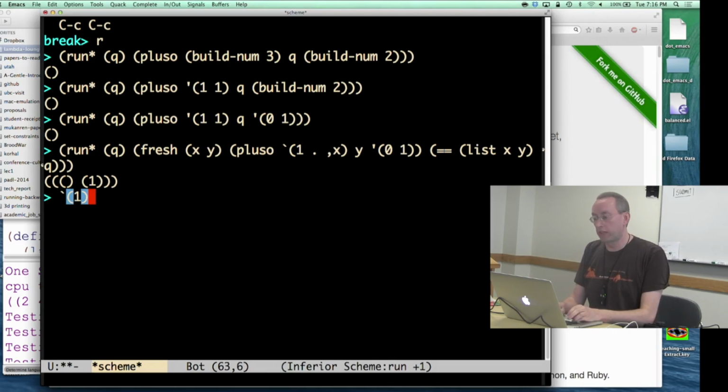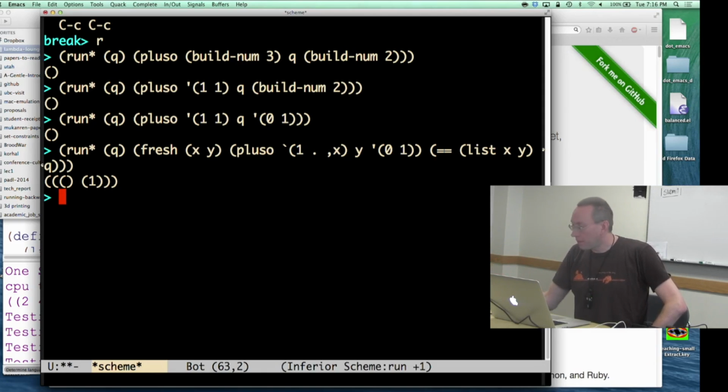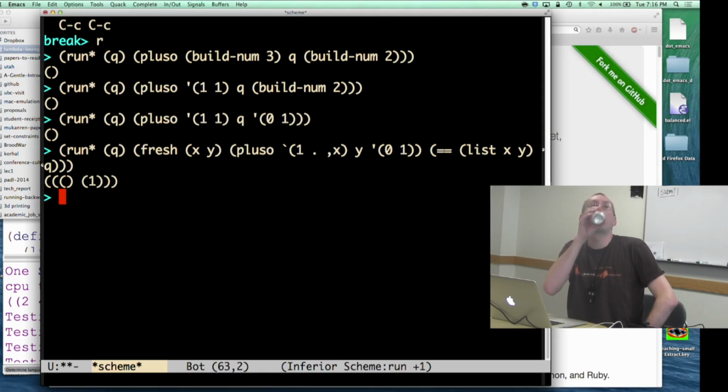And you can play all sorts of games with variables in various places inside the numbers. Yeah, so this strikes me. The bit manipulation is very cool, but this seems in some ways against the spirit of miniKanren, where you're actually caring about the implementation of these numbers. Wouldn't it be more ideal to think of the numbers as abstract Roman numerals, and then use some other functions to deal with the constraints? Well, certainly we're making the representation explicit, and you could wrap helper functions on top